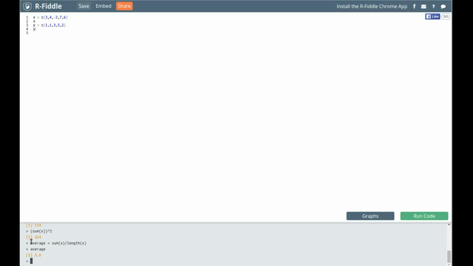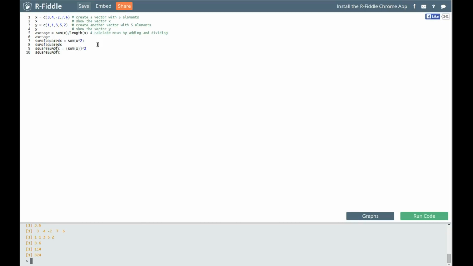Now I might like to have those commands. And so with my cursor here right after that last command, I could ask it to run this entire script again by just running the code. Now, you might suspect that there actually is a command in R that calculates the average. It's actually called mean. Mean of x adds up all of those. It's a built-in command already. I've added a couple more lines here of things that we've looked at in this particular video. Again, we can run the code and it does all of those things. It builds x, shows us what x is, it builds y, shows us what y is,